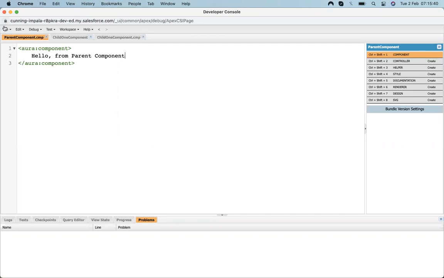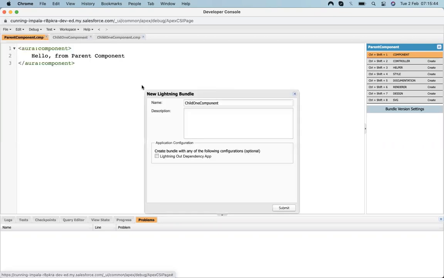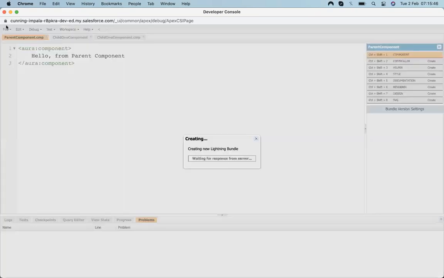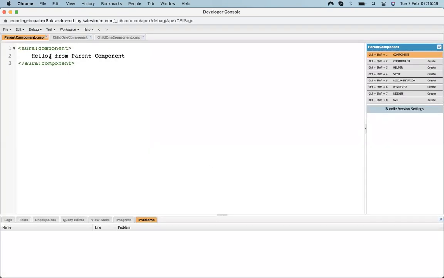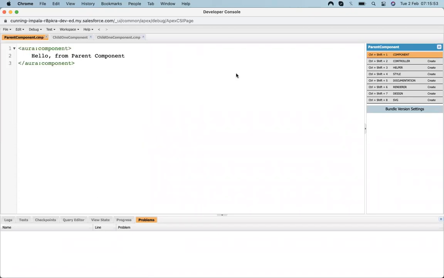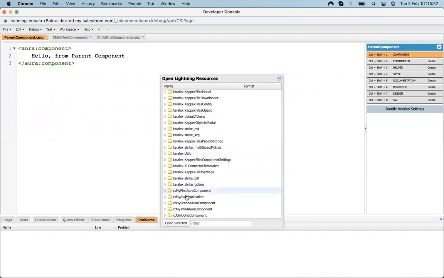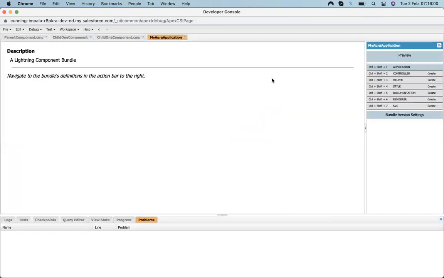First, have a look at how the parent component looks. For that, let's open an application. Sorry, not create, open. Open Lightning resources. Here's my application.